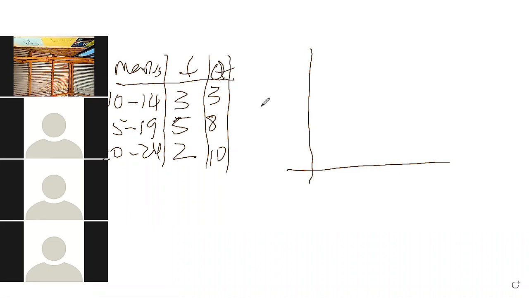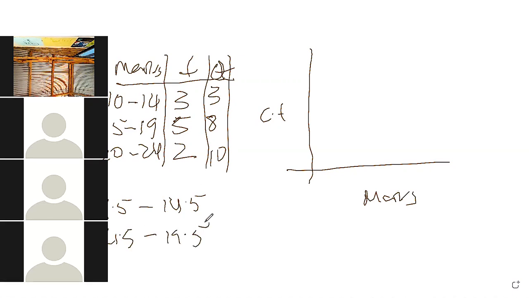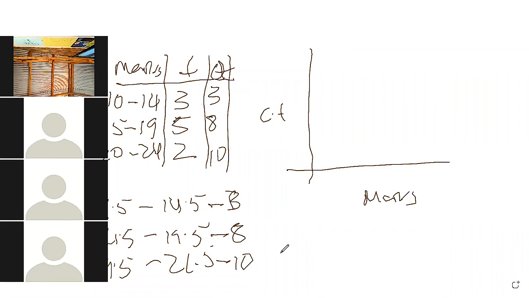So on the vertical axis, you are supposed to have cumulative frequency. On the horizontal axis, you are supposed to have what? Max. But since it is given, we must make the data continuous, which means we are going to use the limits. For example, the first class will be from 9.5 to 14.5, then from 14.5 to 19.5, and from 19.5 to 24.5. So it's supposed to be continuous, and this one here is going to be the cumulative frequency. So this will go with 3, this one here will go with 8, this one here will go with 10. But we normally plot the upper limit